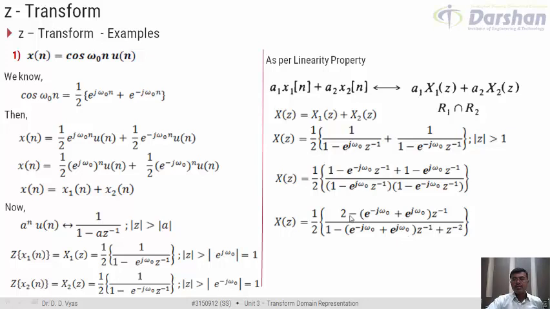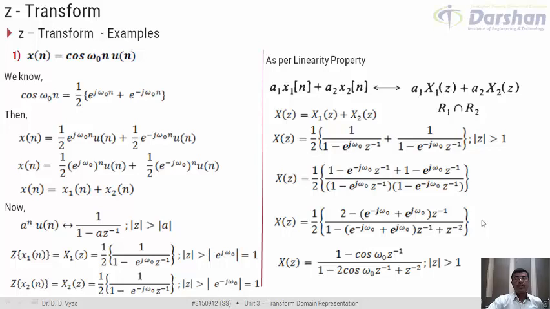Yes. Now if this is 2 minus 2 cos omega 0, this 2 can cancel this 2 in the numerator, resulting in this final expression, which is 1 minus cos omega 0 z inverse divided by 1 minus 2 cos omega 0 z inverse plus z raised to power minus 2, with ROC mod z greater than 1. Coming to this final form of Z transform is absolutely not difficult. If you try to put the calculations on a piece of paper, you would be able to get this without any difficulty.